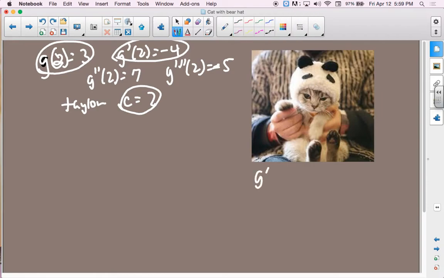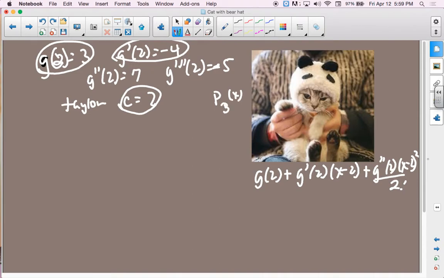It would go g of 2 plus g prime of 2 times (x minus 2) to the first plus g double prime of 2 times (x minus 2) squared over 2 factorial, blah, blah, blah. That's what I'm doing. And we're doing degree 3. So we're doing a polynomial of degree 3. So I have to get out to the third degree. All right, so I say g of 2 plus g prime of 2 times (x minus 2) to the first